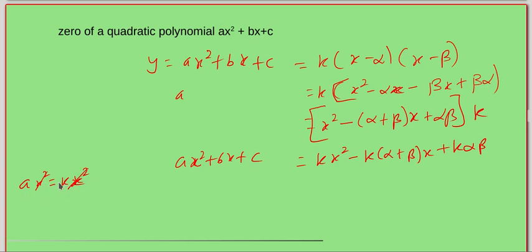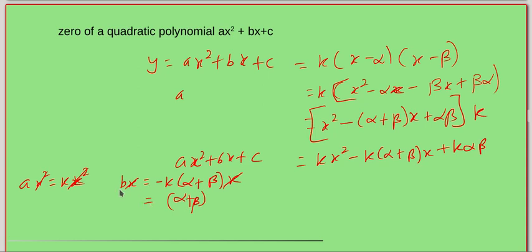So k we can rewrite as a. Now let me equalize the coefficients of x. Here it is bx. bx equal to minus k into alpha plus beta into x. So this x will cancel. What will happen? Alpha plus beta